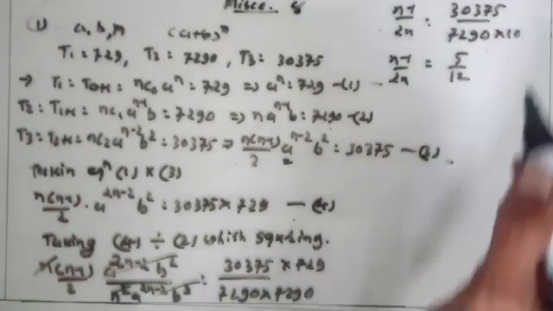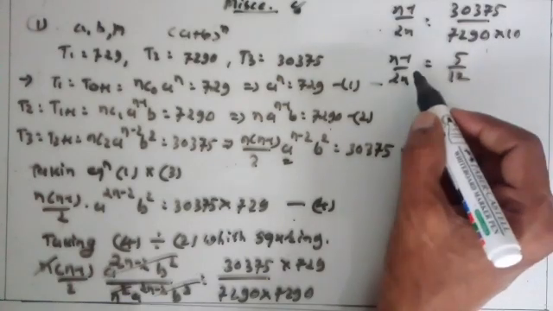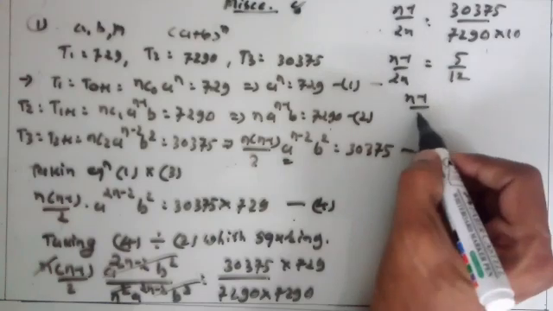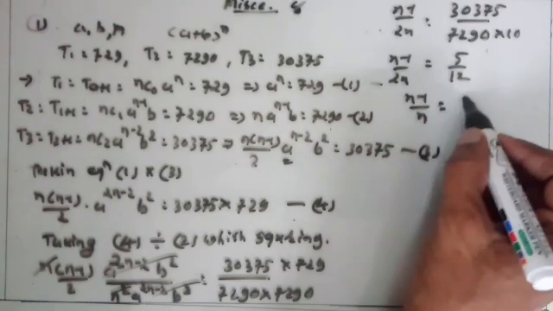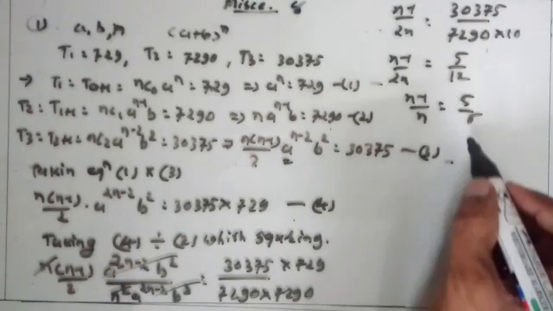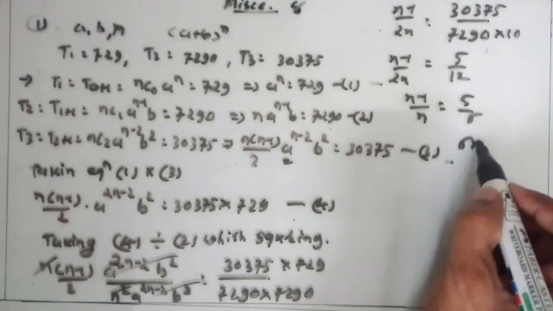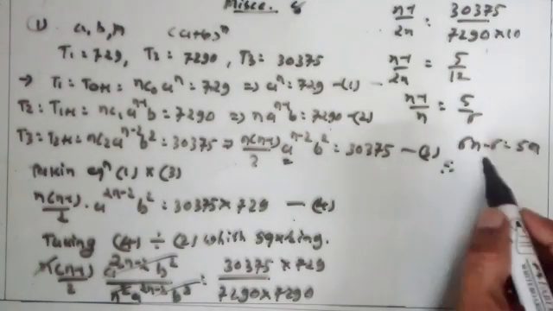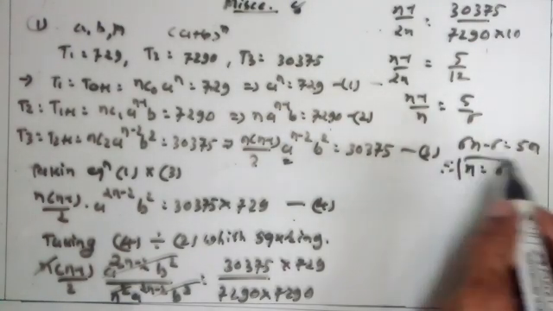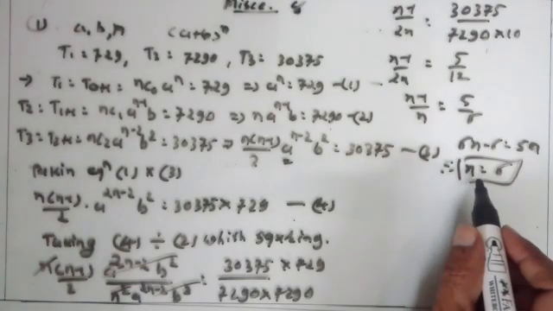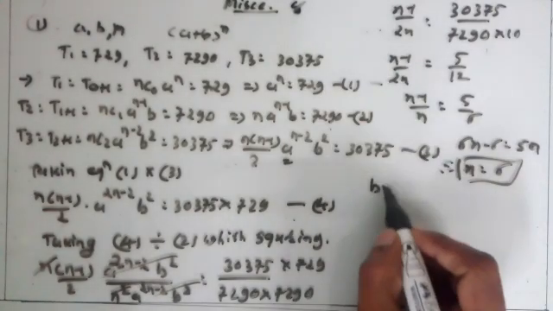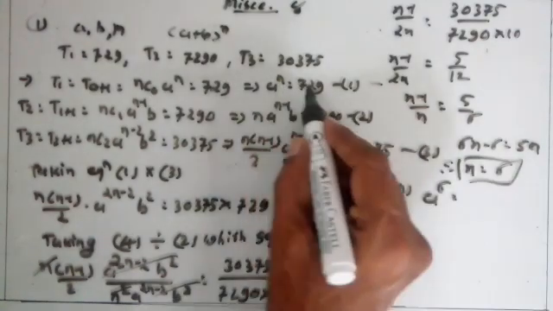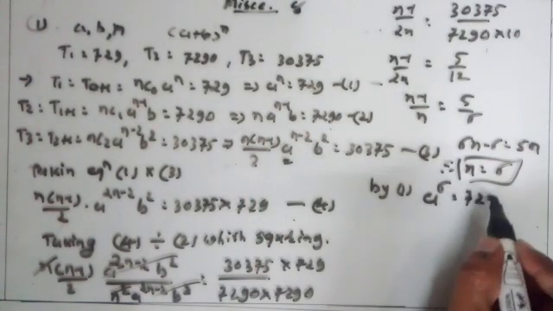Clear? Using a calculator, find this number. Here 2 from both sides cancels, we get n minus 1 upon n is equal to 5 upon 6. Now take the cross product, so we get 6n minus 6 is equal to 5n. Therefore, taking 5n to this side, n is equal to 6. Clear? Now n is equal to 6, put it in the first: a raised to 6 is equal to 729.